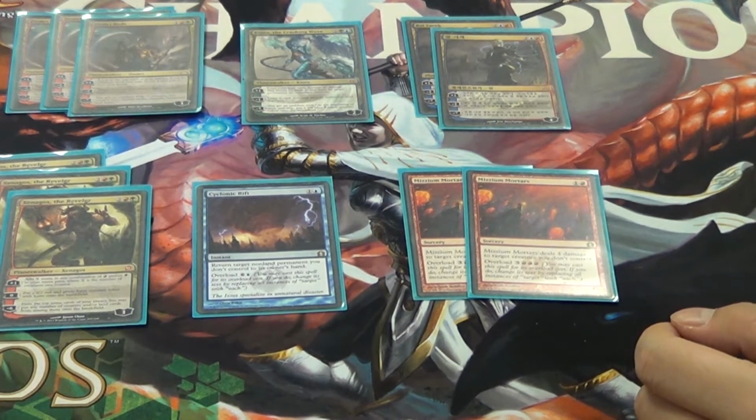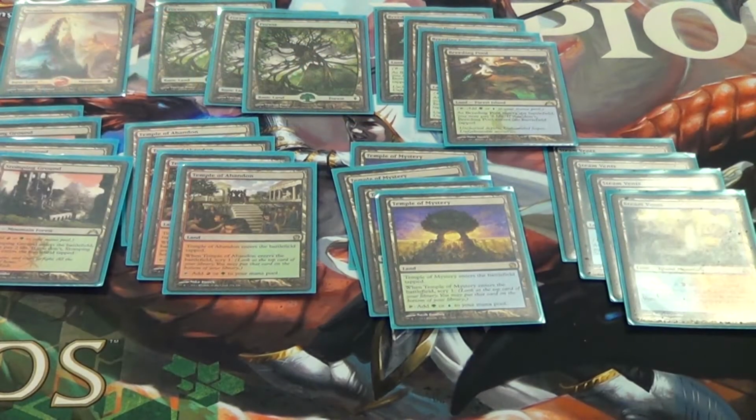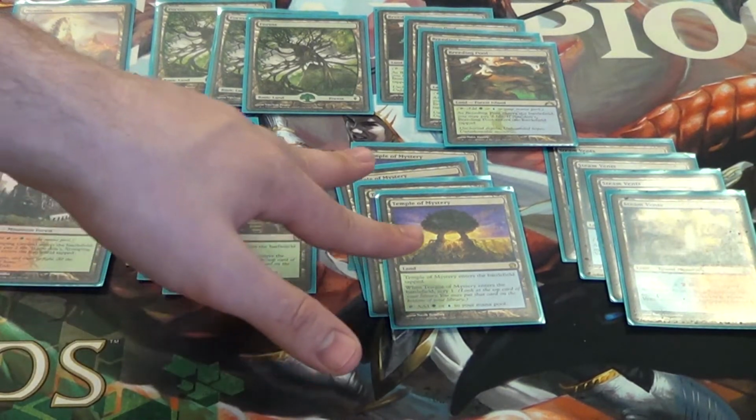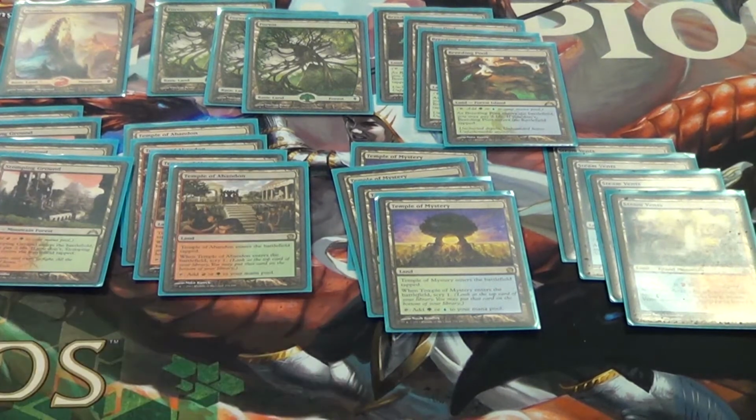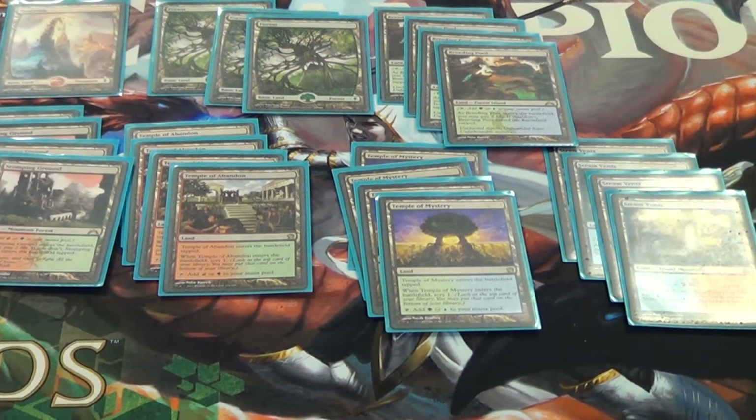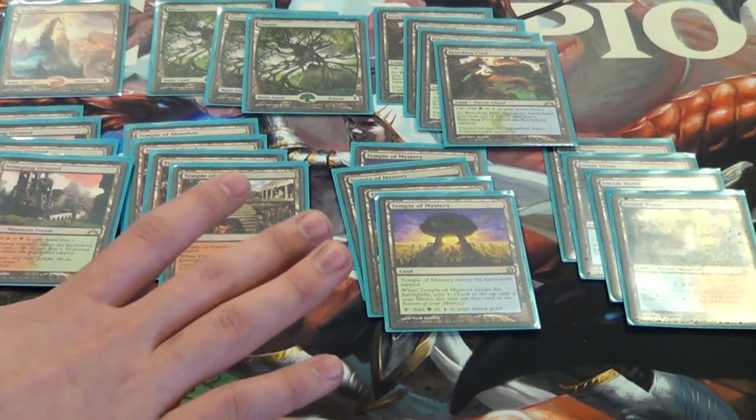Okay, let's take a look at the lands. As you can see, it's basically a 3-color mana base like most decks right now that run 3 colors. It has your temples that allow you to scry. It has your 8 to 12 shock lands, and it runs some basics, so you don't take as much damage from your lands. The scry lands are actually really good in this deck